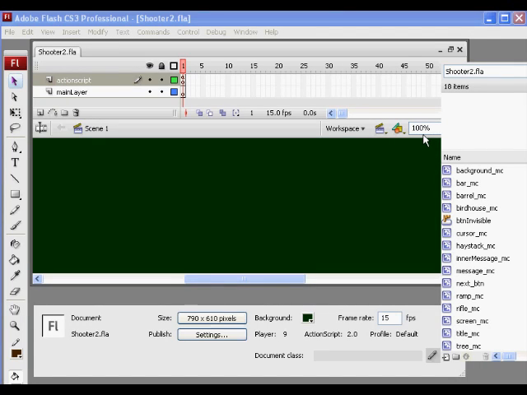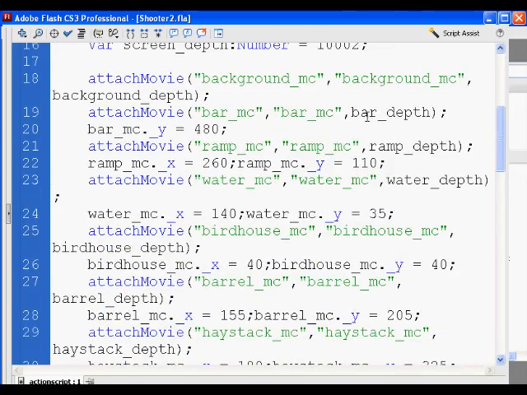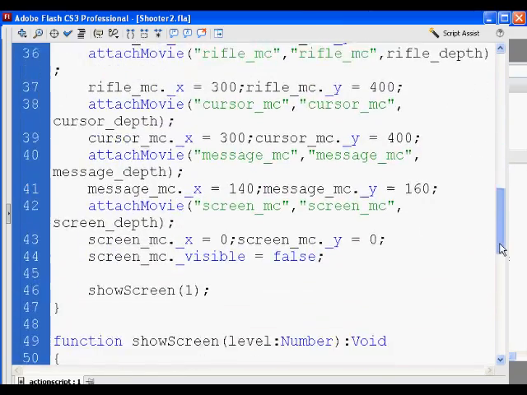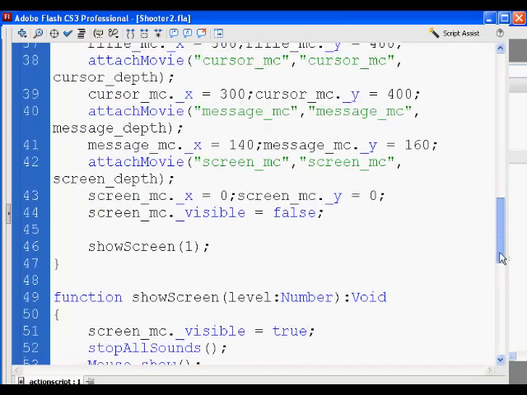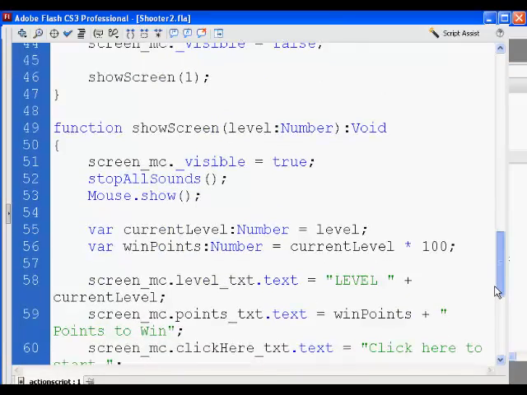Okay, this is going to be part 3 of the shooting gallery game, and we're going to go over the next step where we left it last time. We had called an initGame function and written the initGame function. We set up some depth levels for the different objects on the stage. Then we attached all of the movie clips from our library. The movie clips in the library all need linkage set, instance names, linkage identifiers, and then what we have is